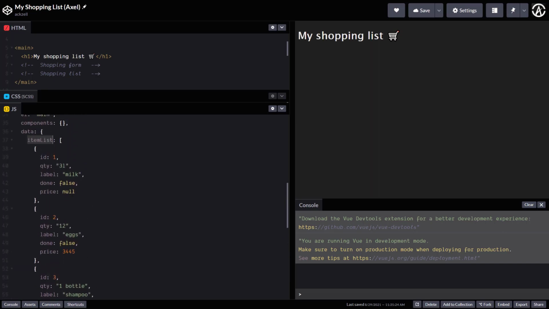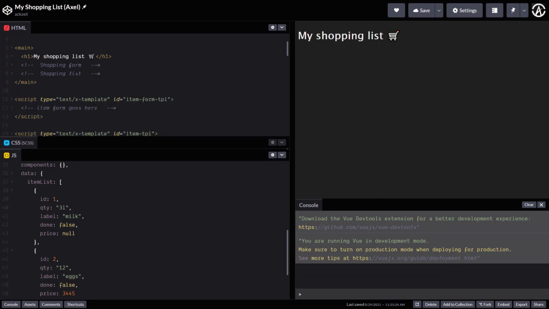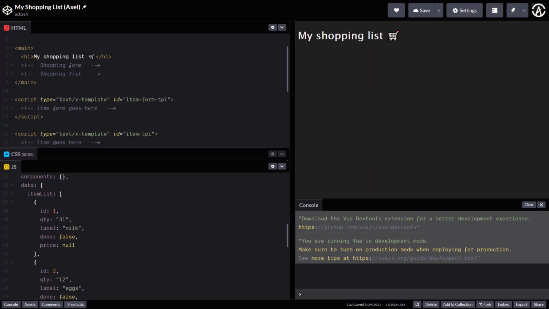So, except for the first one, where the price is null. Cool. So nothing is really happening right now, but we can start by showing that list on our application. So remember, we have the main instance in here. What we can do is just render that